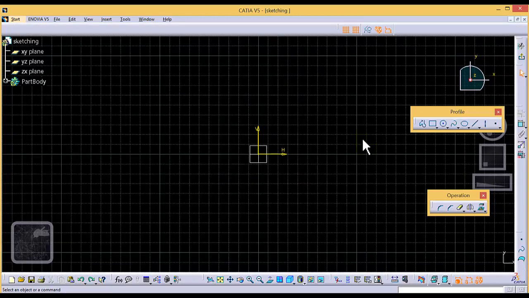Sorry. The next tool is rectangular, and there are different types of rectangulars available. You see these different types: oriented rectangular, parallelogram, elongated hole, cylindrical elongated hole, keyhole profile, hexagon, center rectangular, and the centered parallelogram. If you want to draw a simple rectangular, you just select this simple rectangular,